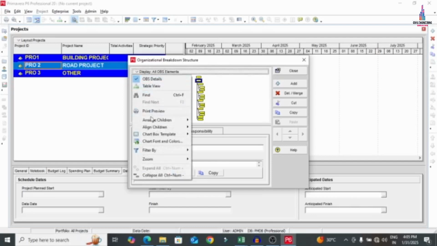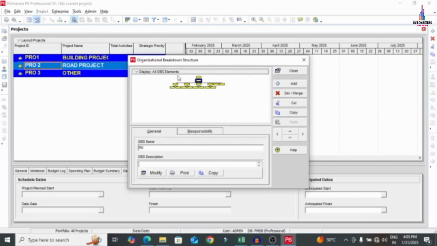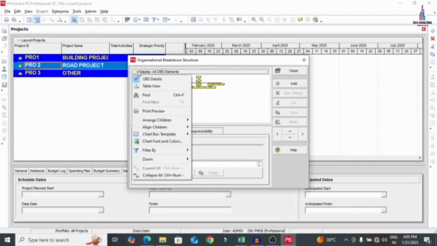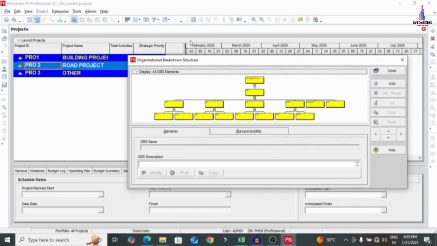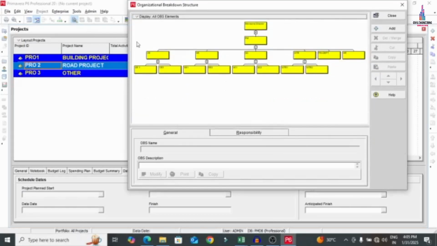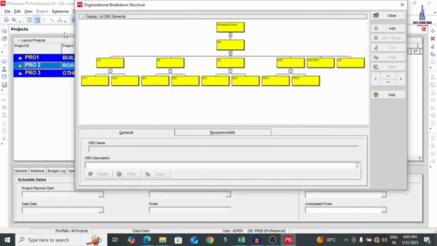Again I am selecting this, arrange children in horizontal direction, so that you can see this particular chart here. Okay, again we have to see a bigger format of the window. So go to the zoom option, zoom to best fit. So you can see here, this is the best fit option for this particular organization breakdown structure for this particular